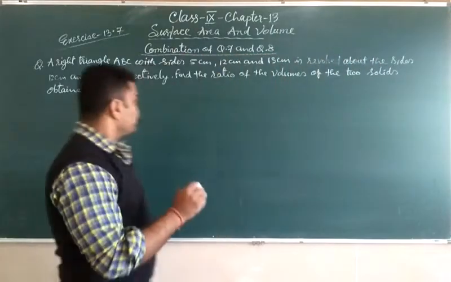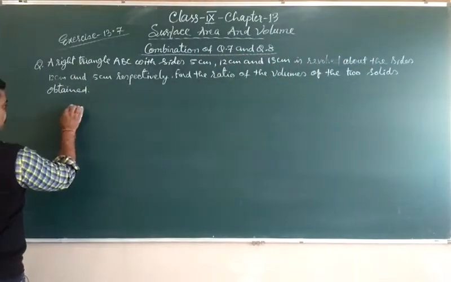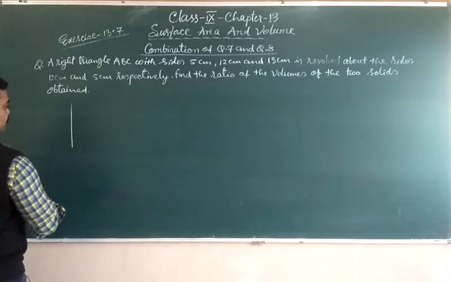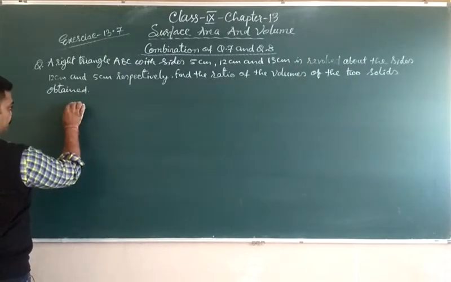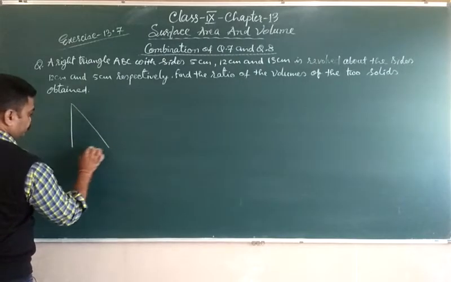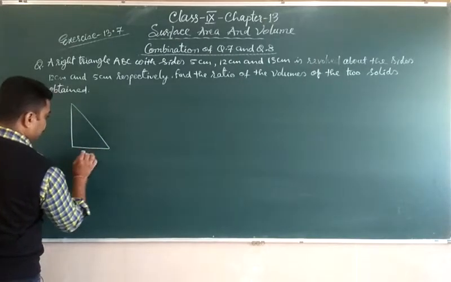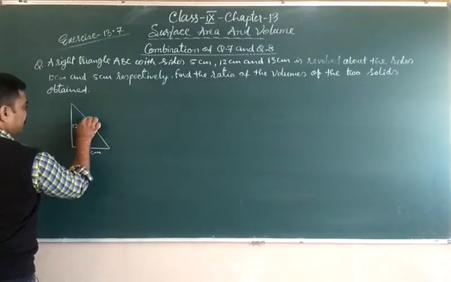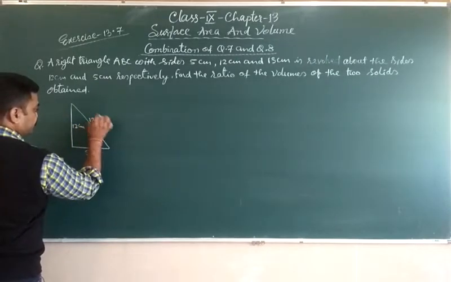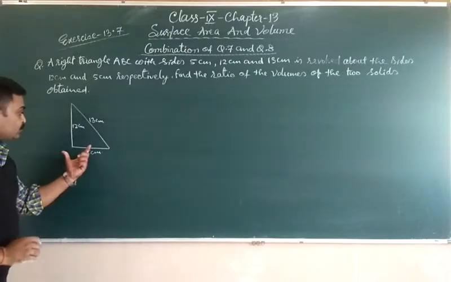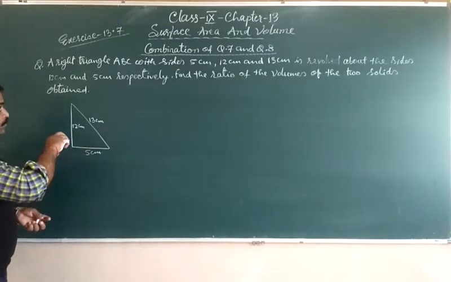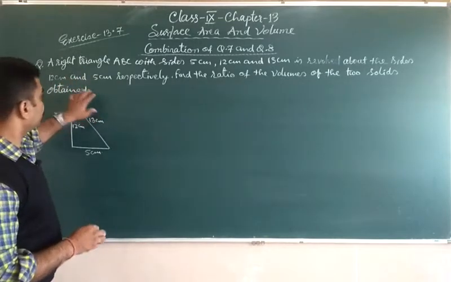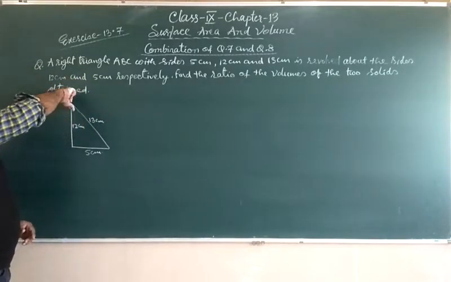Okay, suppose in the first condition we took the height of 12 centimeter and this is the 5 centimeter, and it is 12 centimeter height and hypotenuse is 13 centimeter. Okay, when you revolve around 12 centimeter, holding it here, when we rotate it,